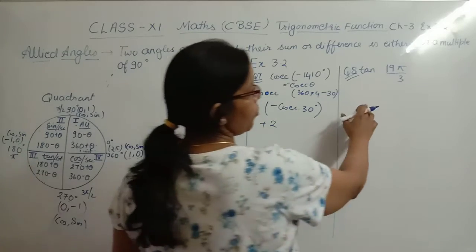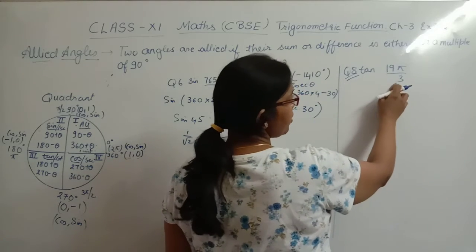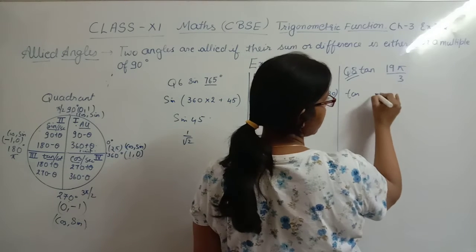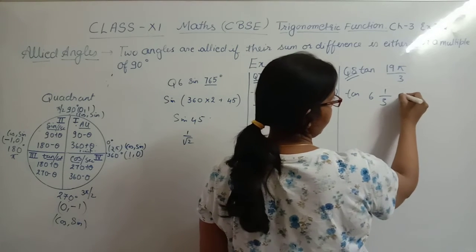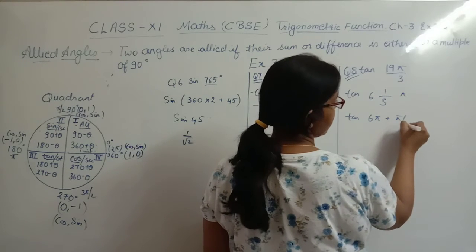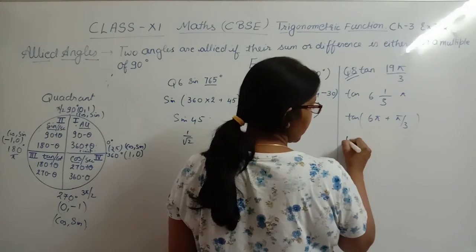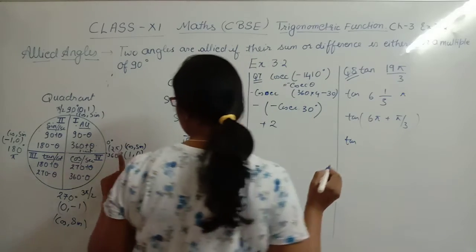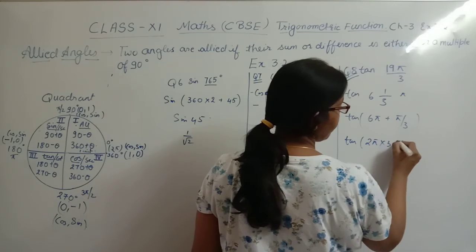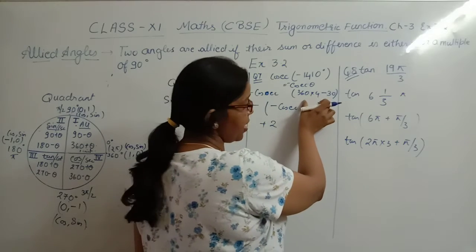Now moving to this one, when you have the value in this form, you can divide. 10 divided by 3: 3 sixes are 18, so 3 sixes, and the remainder is 1 pi. It can be written as 6 pi plus pi by 3. Can it be? Yes. Okay. So now 6 pi, 360 is written as 2 pi, so I can write it as 2 pi into 3 plus pi by 3. It has taken the same form as we had over here.